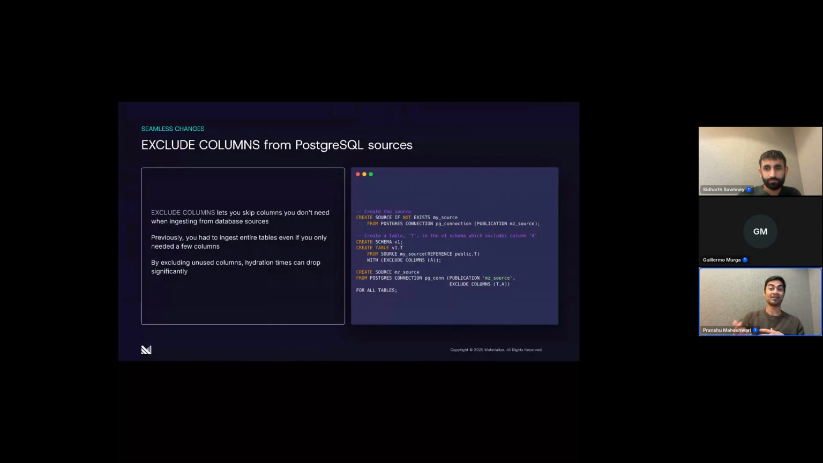The first is, in conjunction with the feature I just mentioned previously, if you want to drop a column from your upstream source Postgres database, you can use exclude columns to make sure that that happens without any downtime in Materialize. And the second thing that's also